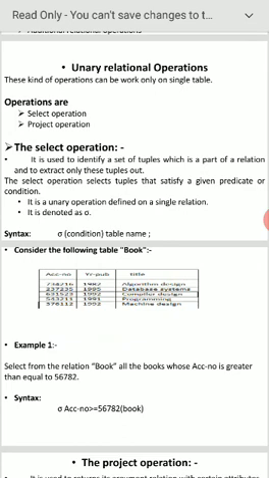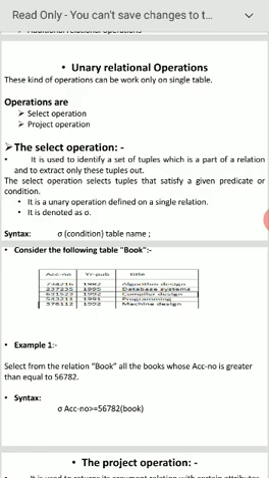Suppose another question here. I want to extract or display only those tuples where employee ID is less than 5. How can we write it here? Sigma, within a bracket employee number or employee ID, whatever is taken in the table, less than 5, close the bracket, employee. Now it will display or extract only those tuples where employee number is less than 5. It will not display other tuples here. That is the purpose and use of the select operation.